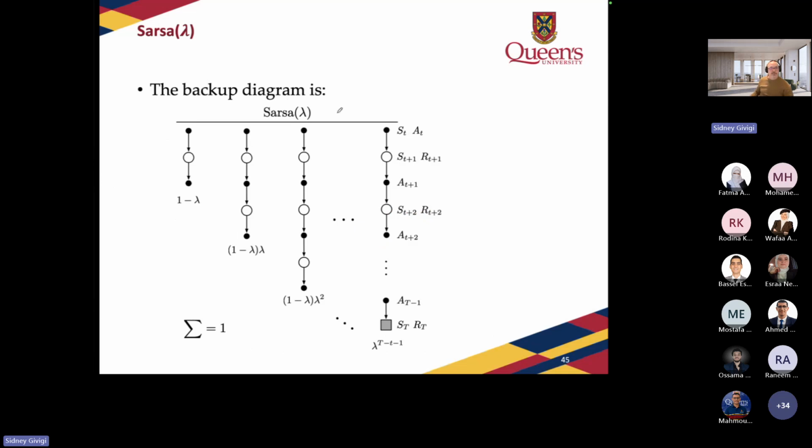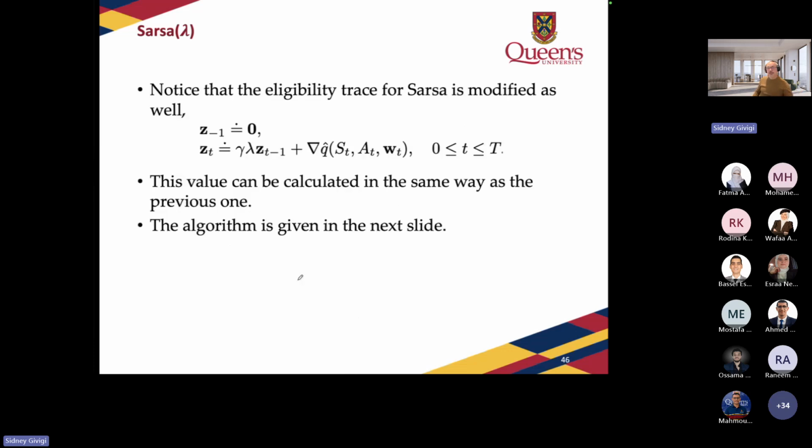The backup diagram for Sarsa is the one that we have already seen. So we have all these different updates in here. Now the only thing that we do is that we generalize this looking at the past, and then this algorithm is going to be more efficient in that way. Therefore, in this particular case, we are going to have the same thing as before, but we are going to say that this equals 1. Okay, these are the E values that we're going to use. We initialize this equal to 0, and then we do the updates.